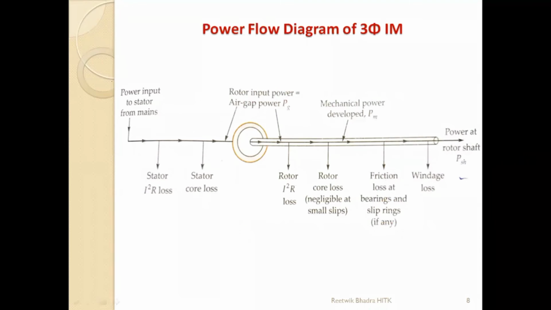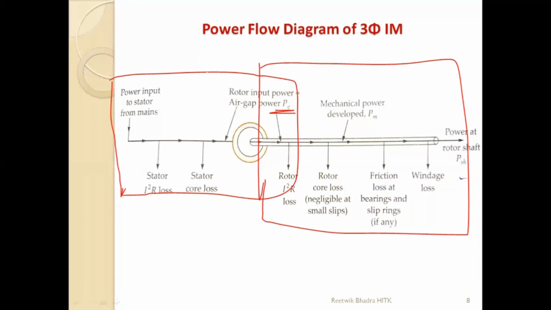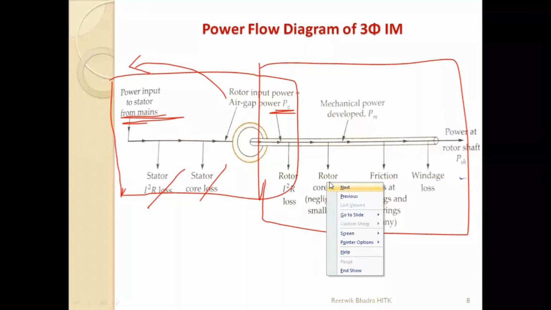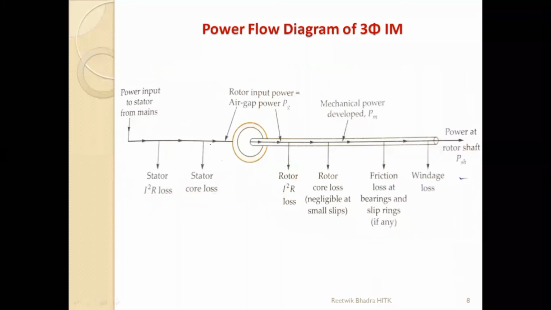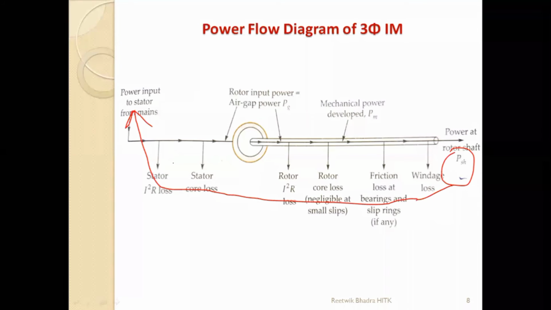In all problem solving, if I consider this part of the system, now PG becomes my output. Previously, on this side PG was my input, but if you consider the stator side, PG becomes my output. So PG plus these losses will give me my power input. If I consider the whole system, PSH plus these plus rotor I square R loss plus stator core loss plus stator I square R loss is equal to power input